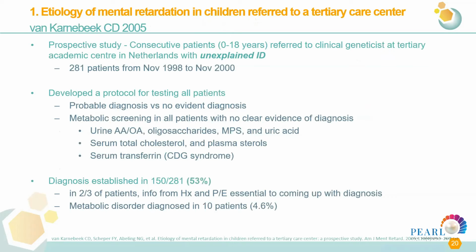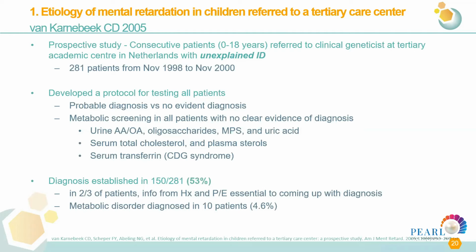They recruited consecutive patients from 0 to 18 years that were referred to clinical geneticists at a tertiary academic center with unexplained intellectual disability. They recruited 281 patients. They developed a protocol for testing of all patients, and they grouped them into a probable diagnosis versus no evident diagnosis. They did metabolic screening in all patients with no clear evidence of a diagnosis, and they did this list